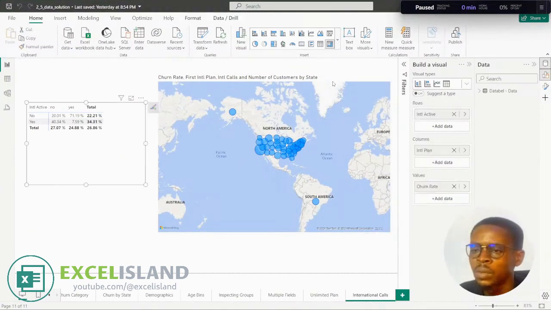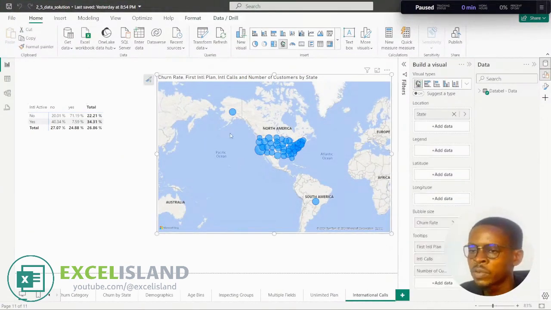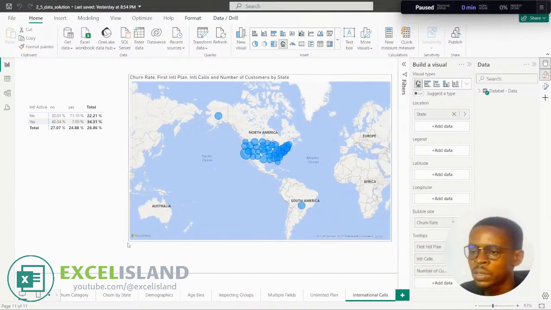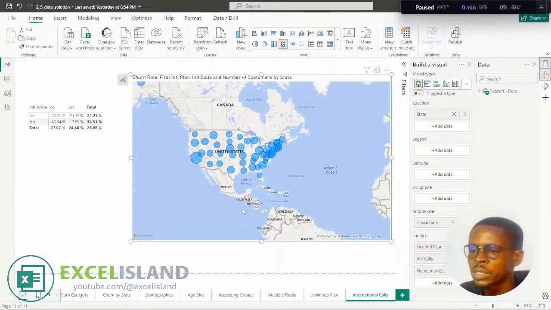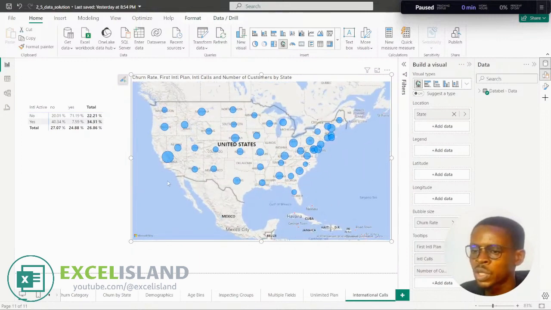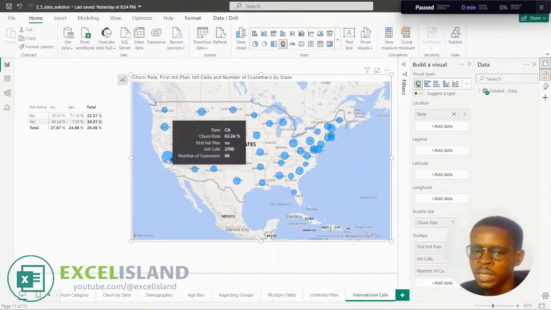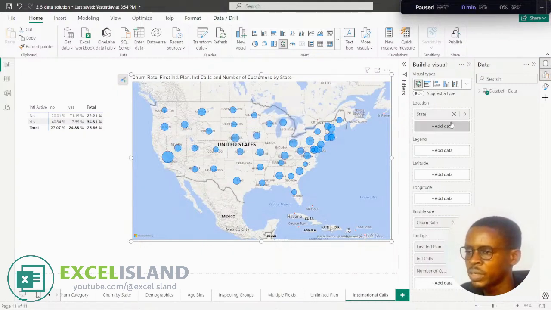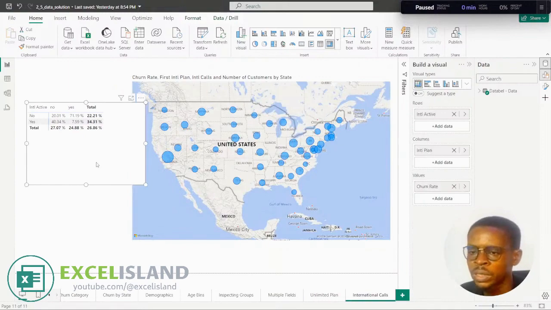We're actually looking at the churn rate for this graph visual. We're looking at the churn rate of customers by state generally. So we discovered that those customers in California have the highest churn rates. So based on what we are actually analyzing there, we're also given instruction to create a matrix